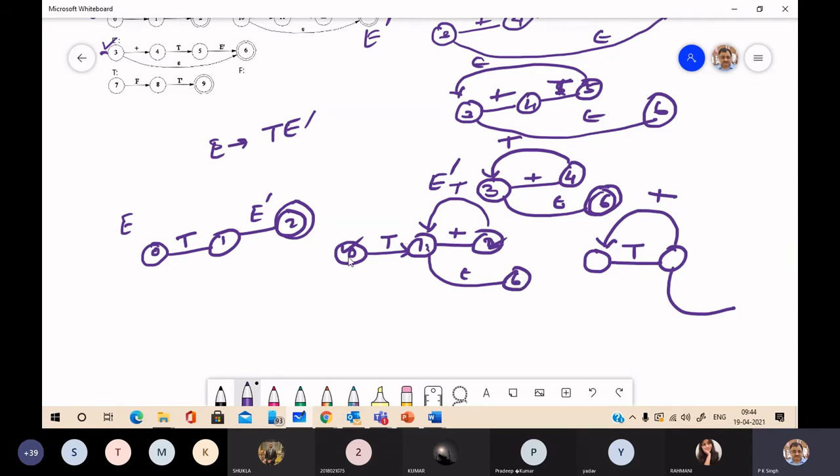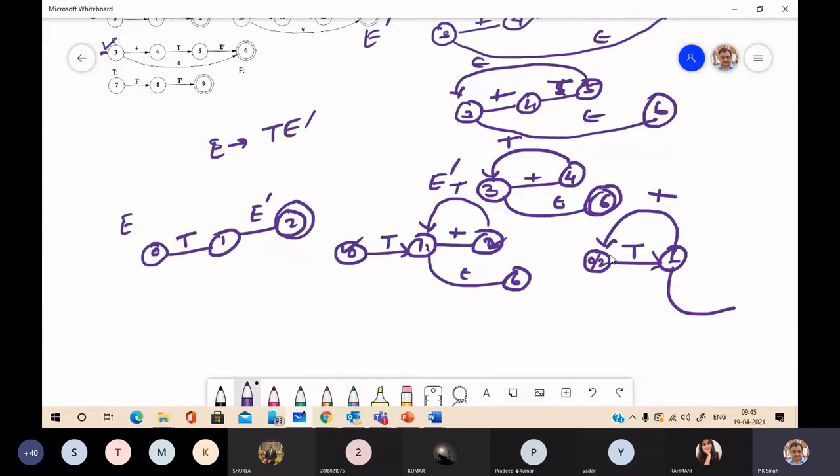So 0 and 2 get merged here. This is 0 and 2. This is 1. From 0 you have an outgoing T transition, and from 0 and 2 you have an outgoing T transition to 1, and from 1 you have an outgoing transition to 2.